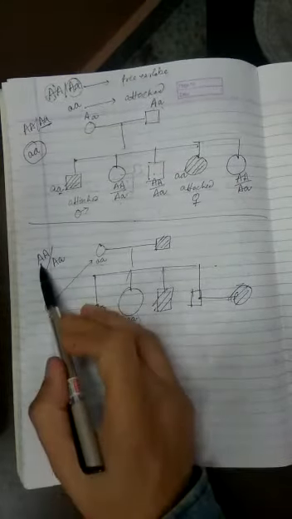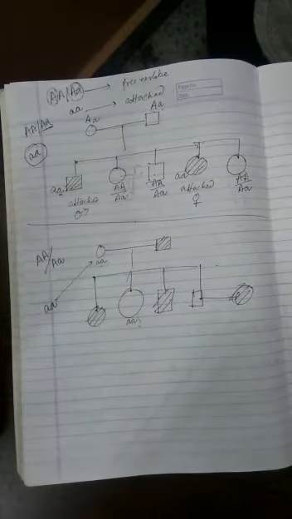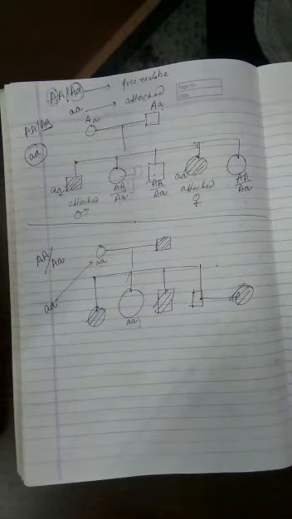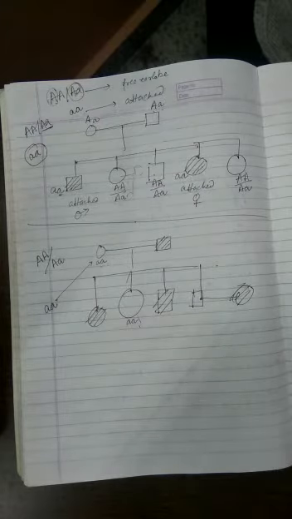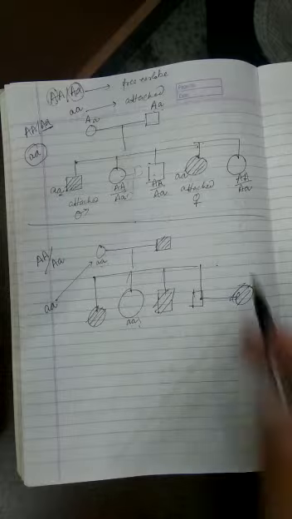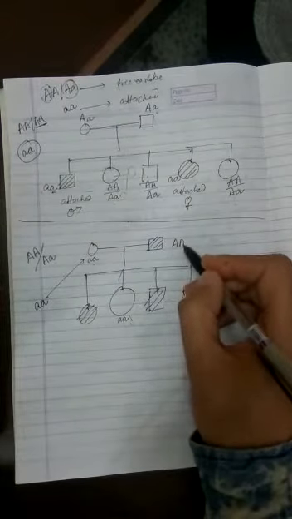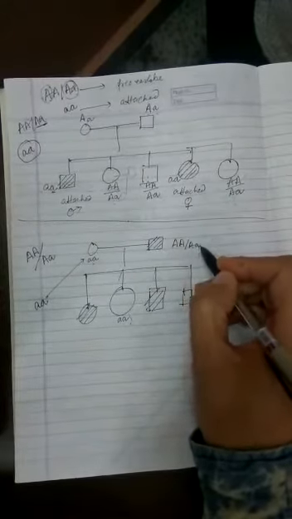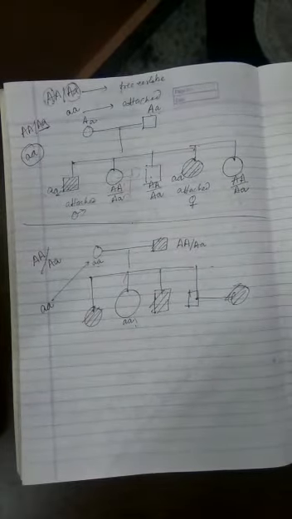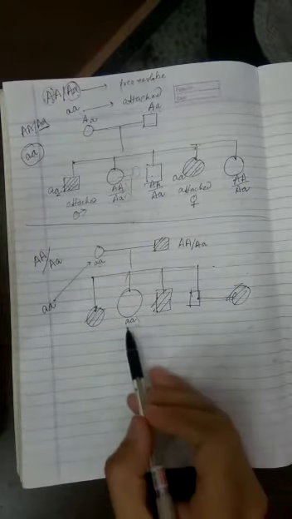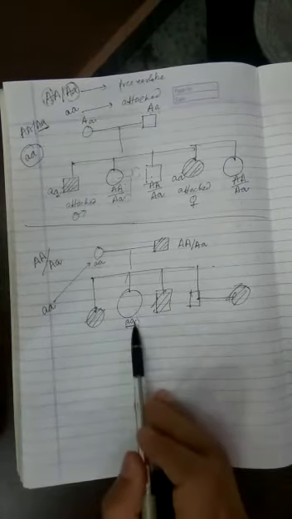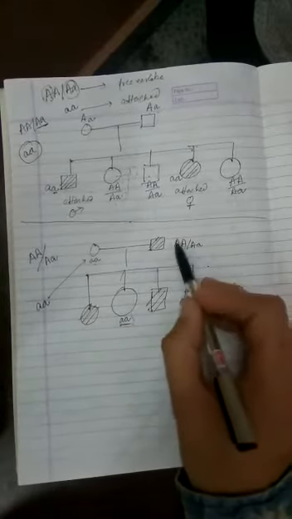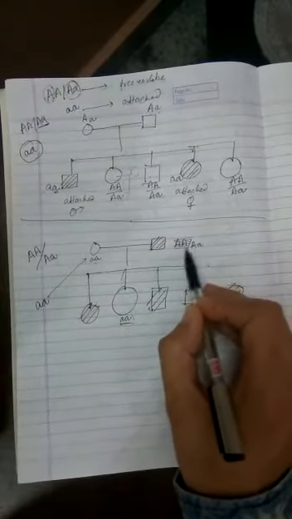Okay, why are we using capital A and small a? Because we are talking about autosomal characters. When we come to the topic of sex-linked characters, with symbols we will use XX and XY. Now this individual can be capital A capital A or capital A small a. Let's understand if it is true or not. Because if you check the answer here, one A is coming from mother, then the other A should come from father. So definitely father is not going to be homozygous, father is going to be heterozygous.